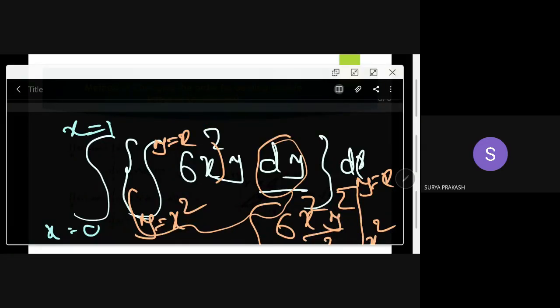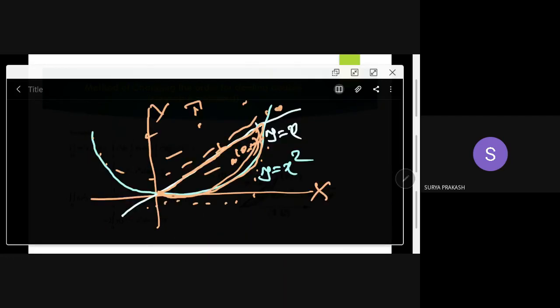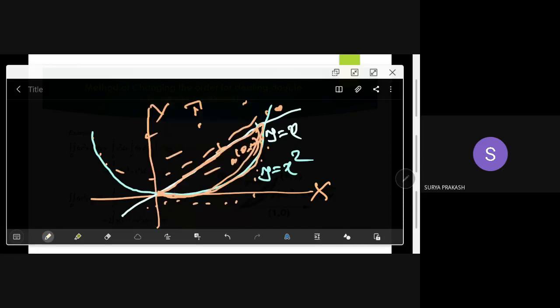But then which is better, you may ask. It all depends on the geometric shape of that region. Are you getting my point? Yes, sir. So here, let me quickly close this and choose another problem. There you can see which one is better. If you want to do with respect to...